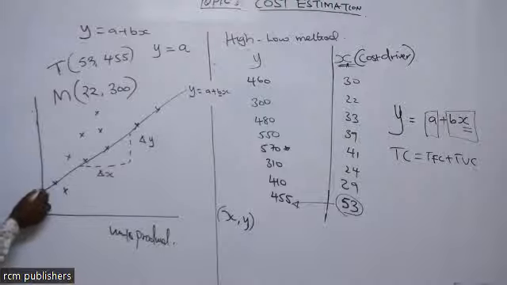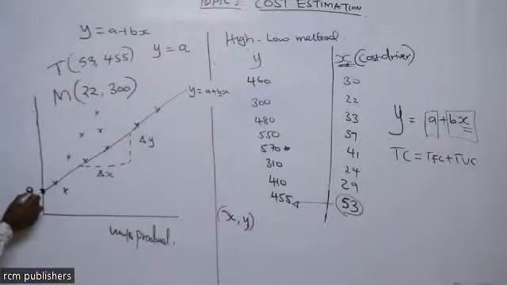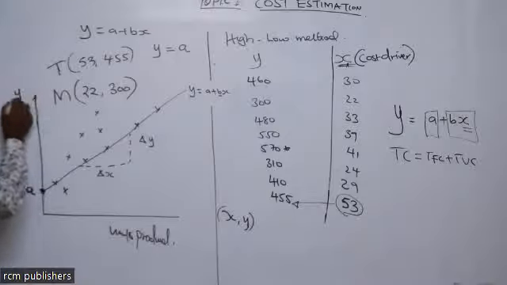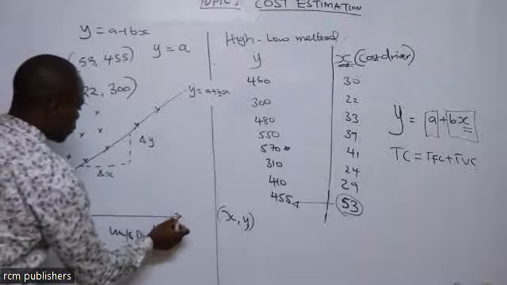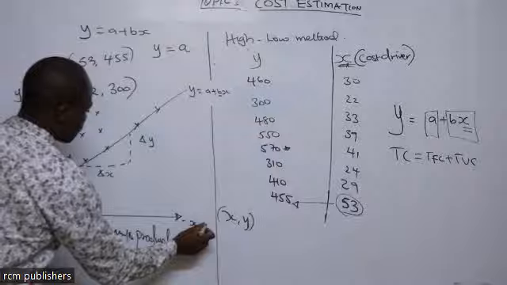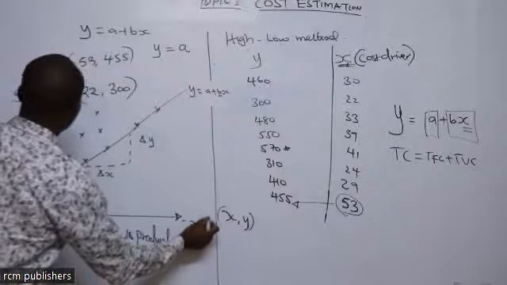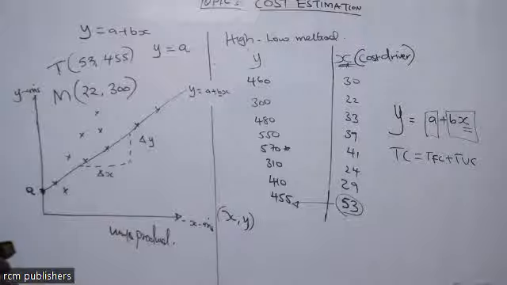And what is that particular point? It is here. This is the point of getting the value of A. How do we call this particular point? When it crosses the y-axis, the point at which it crosses the y-axis is what we call